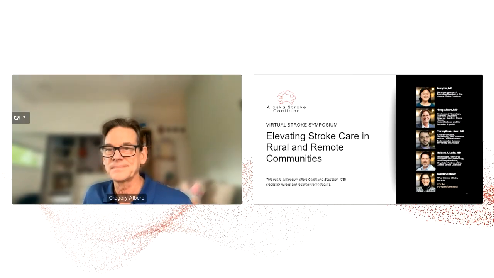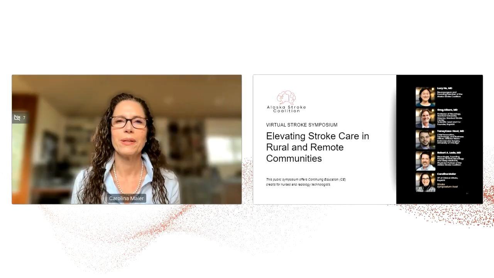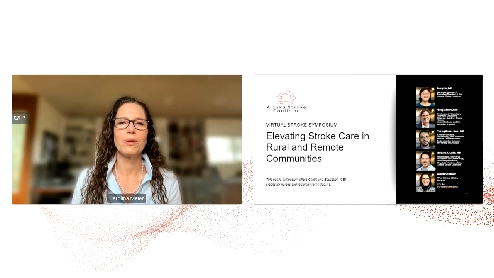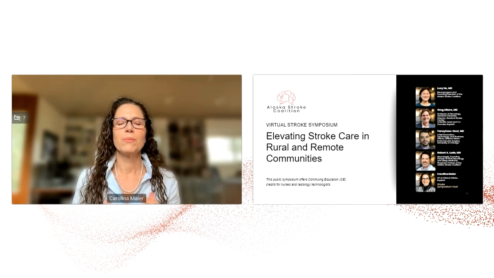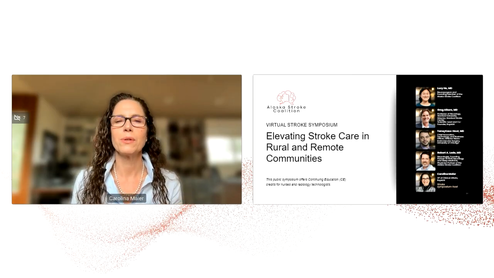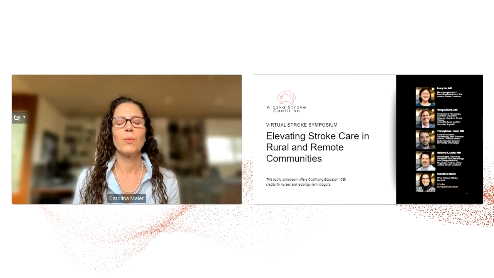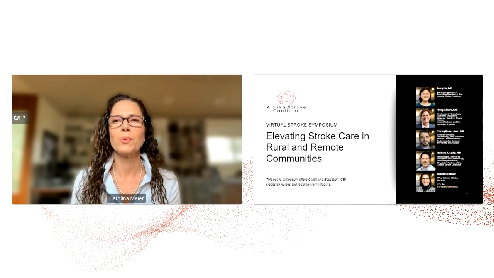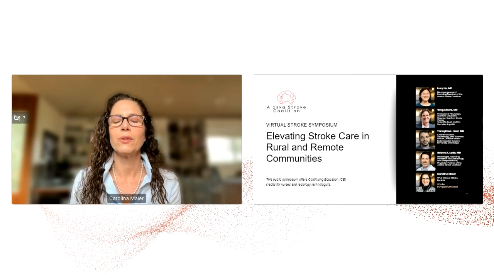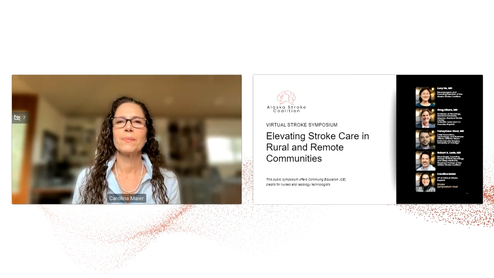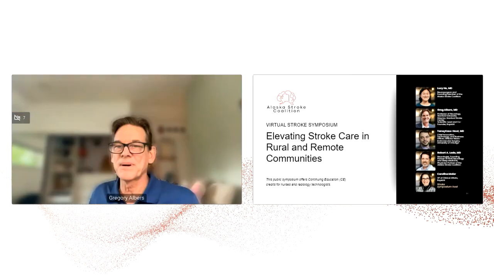That's a really important point, Dr. Albers. I really appreciate you bringing that up, because we do hear about community hospitals or rural facilities whose teams are very concerned about doing the imaging. But then how do we help those rural hospitals that say, well, we can do the imaging now, but how do we interpret that? If we don't have the expertise to interpret the imaging at our site, then how do we handle this? Yeah, so that's the advantage of having AI software